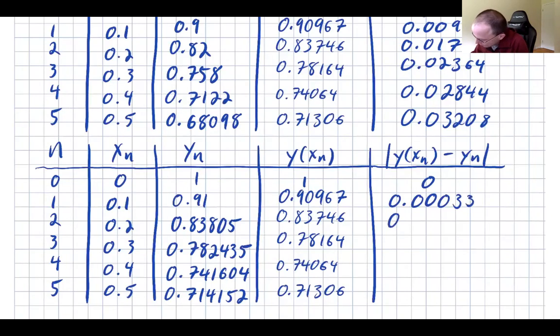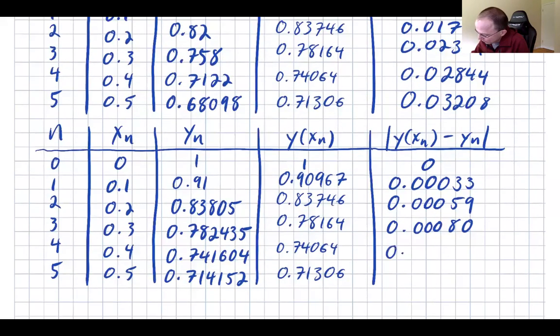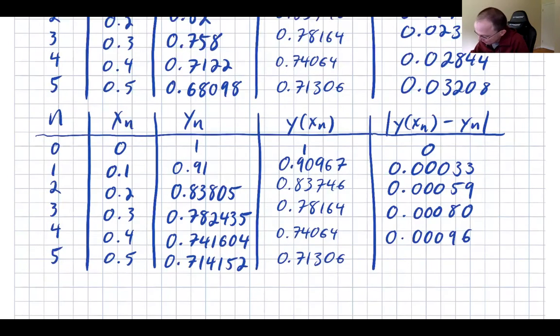Okay, and then 0.000, this will be 5, 9, and 0.000, 8, 0, and then 0.000, and actually that's fine. Yeah, 9, 6, okay, and then